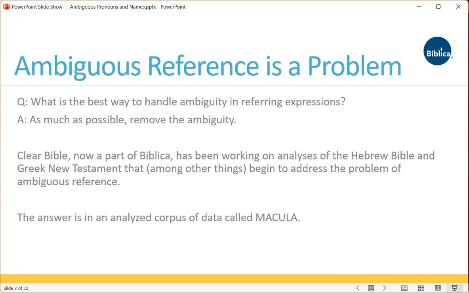Ambiguous reference is a problem. And it isn't a problem because there are impossible to resolve contexts in either the Hebrew Bible or the Greek New Testament. It's a problem because it is yet one more thing consultants and translators need to pay attention to in the translation process. Pronouns are easy to translate. They're just he, she, they, or it. But one must also ensure they have properly tracked participants or the referring structures in the target language to accurately